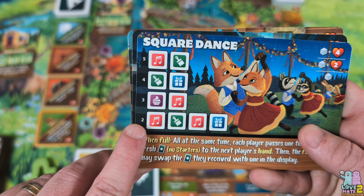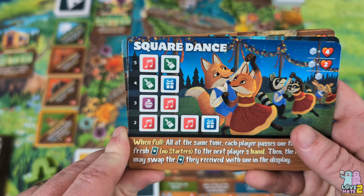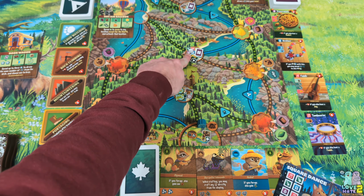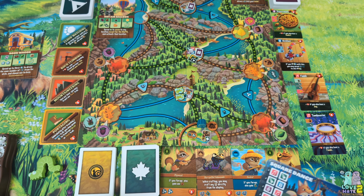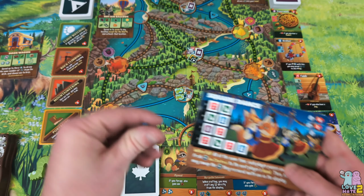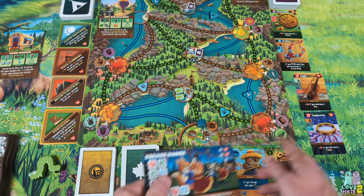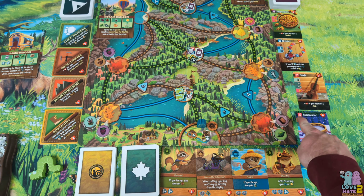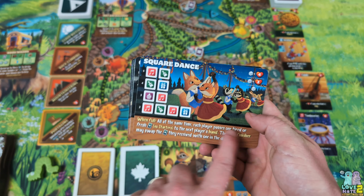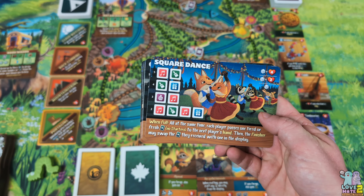I'm realizing you probably can't see that. So as you can see, there's more spots available to you when you are playing with more people. And when you go to this spot right here with that cube action, you can take one of your player cubes and place it on one of the spots for a favor that you have already completed, matching the type for type. And then if it's got an action down here at the bottom, you could probably do that action,